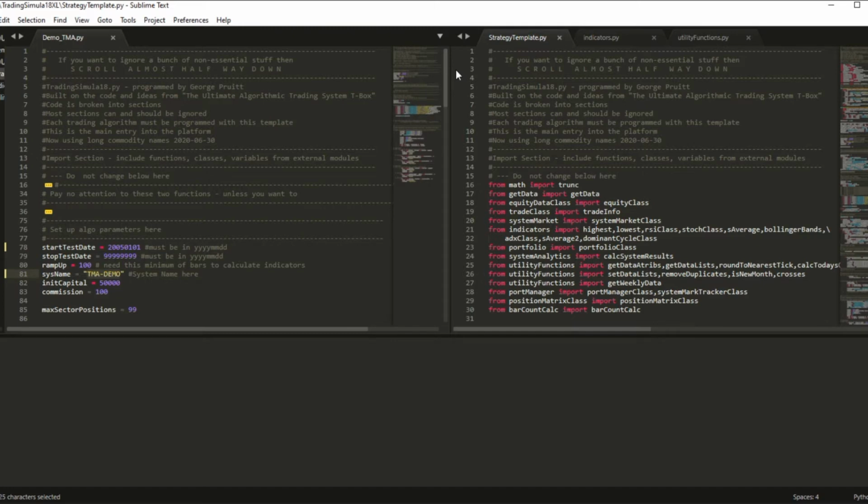So Sublime Text is not free. You have to pay for it, but you can review it for an extended period of time to see if it fits the bill for you. Okay, so let's go ahead and do the triple moving average system